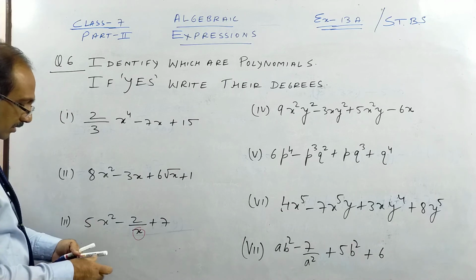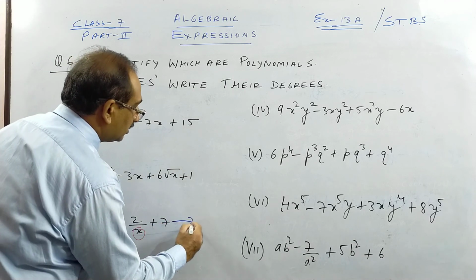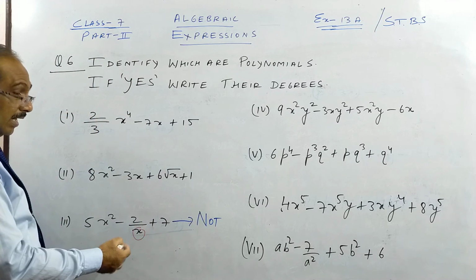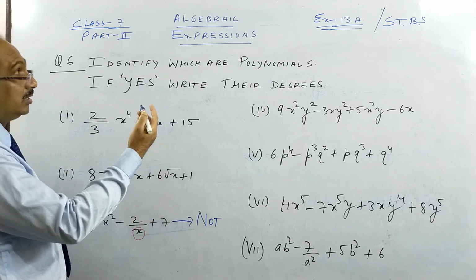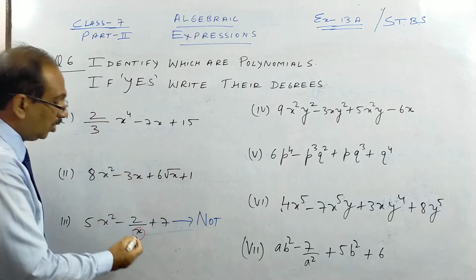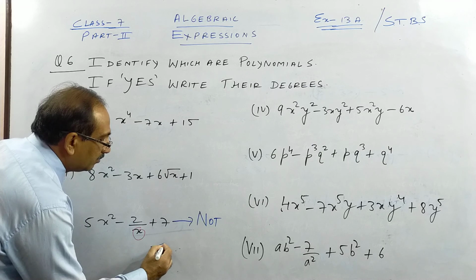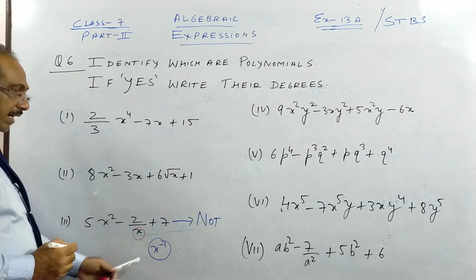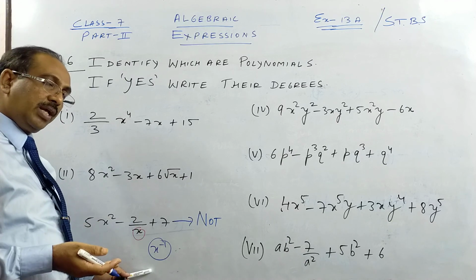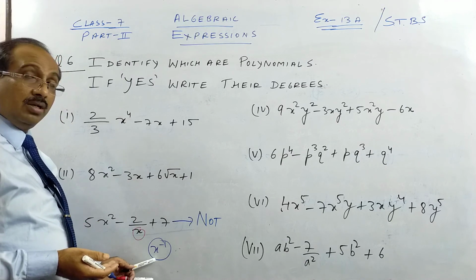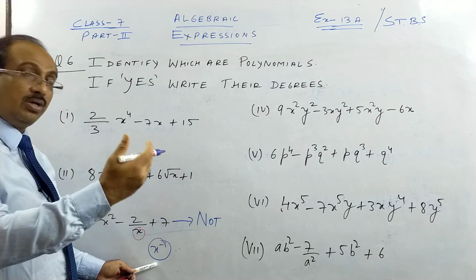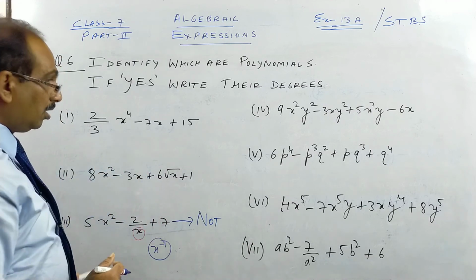Here x is in the denominator, so this is not a polynomial because it has a negative power. You will learn indices; I think I have done class 7 indices with you. When it goes up, it becomes power minus 1. So negative power is not allowed in a polynomial. It is an algebraic expression, but negative power no, because the powers in a polynomial should be non-negative. Power should be 0, 1, 2, 3, 4. So this is not a polynomial.